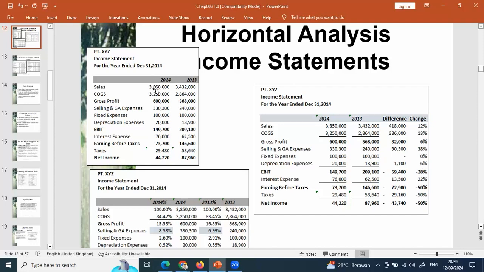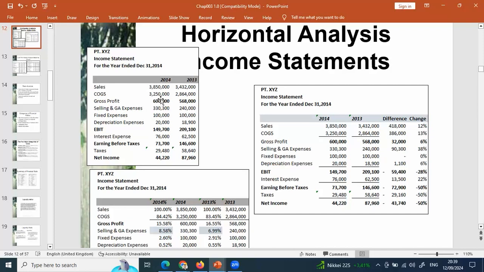You buy a house for 100 million rupiah, and then you sell the house for 150 million rupiah. The 100 is the cost, and then you sell for 150. That is sales. So inventory turnover is the total cost of goods that you sold